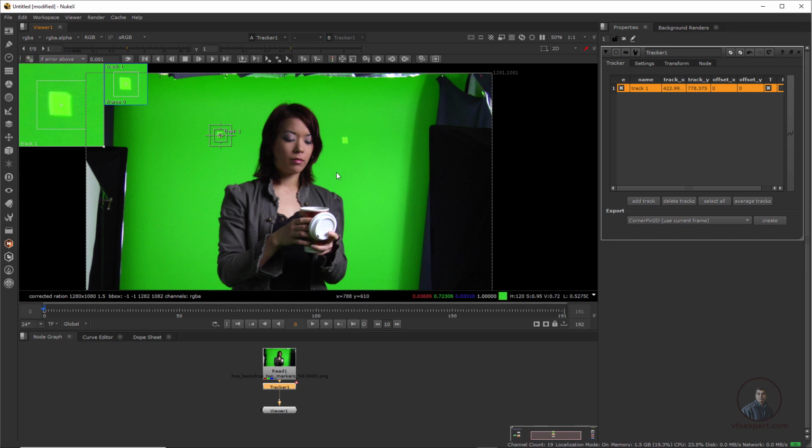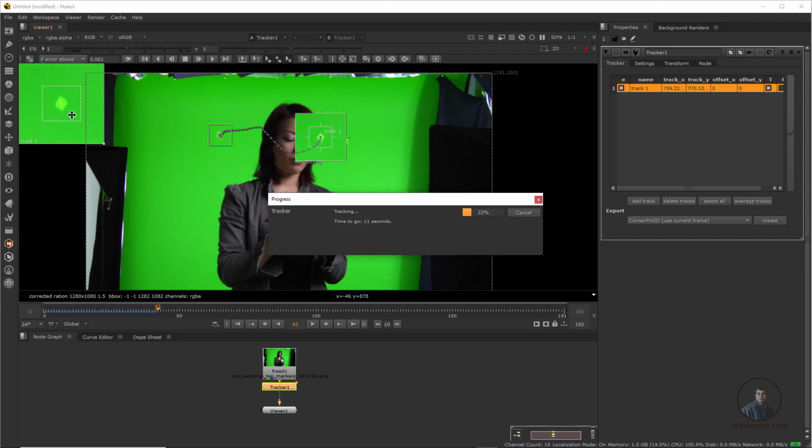Because this shot has a little bit of fast motion, we have to adjust the size of the search pattern and search area here. Then after this we have to track. Remember this: according to your playhead position we have to track forward or backward. According to my playhead we have to track forward. Here there are some tracking options: track to range, track forward and frame by frame. So we simply click track to end here.